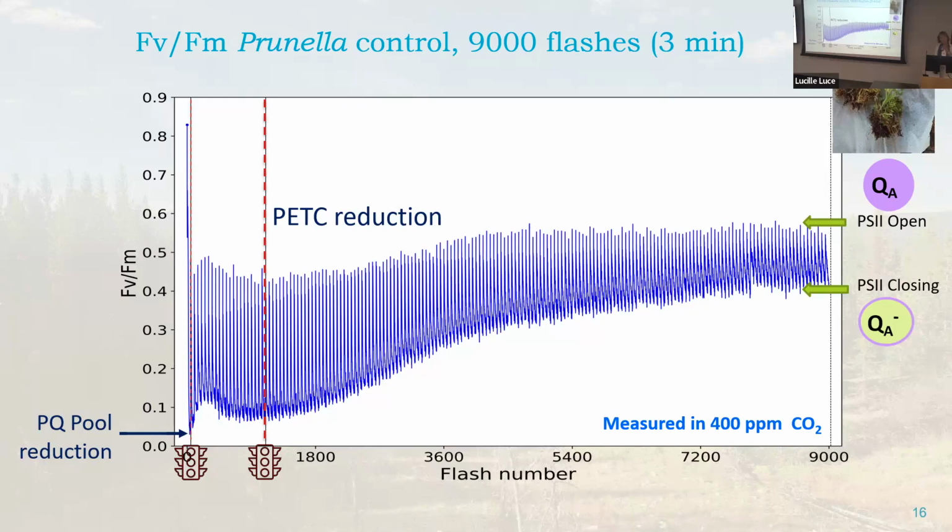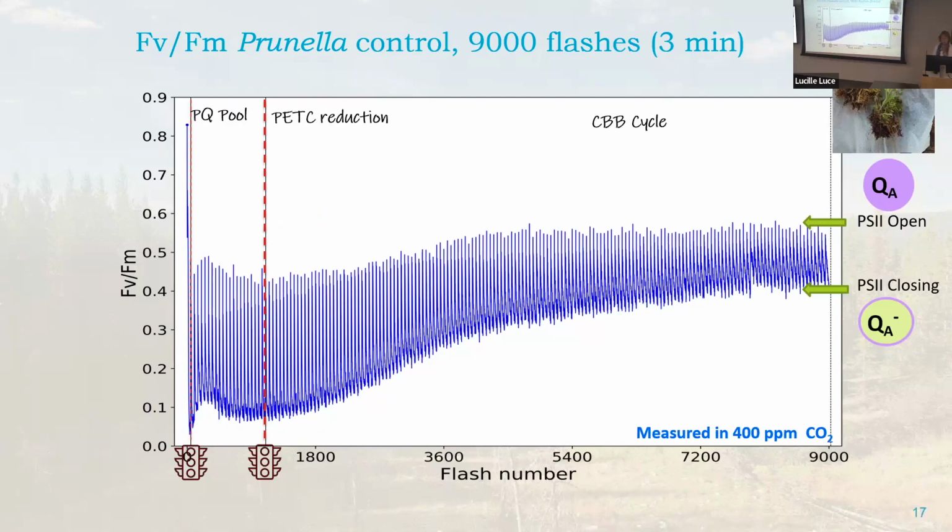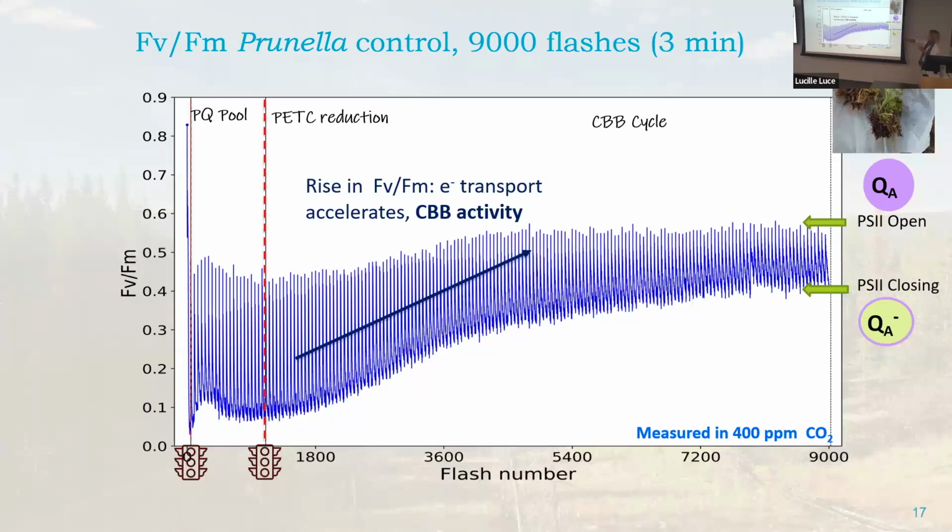So this is the overall monitoring that we're going to do with samples from Yellowstone in the ambient environment as well as the extreme CO2 environment. All right. Then, yeah, so this sort of summarizes what I was just saying, what we are monitoring with this,